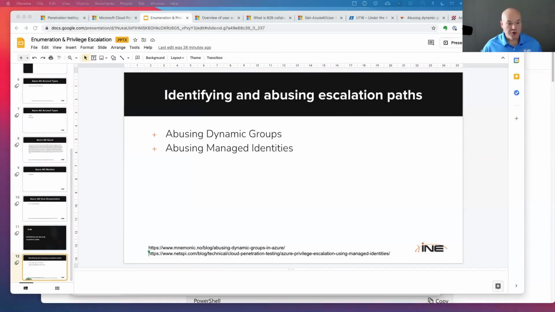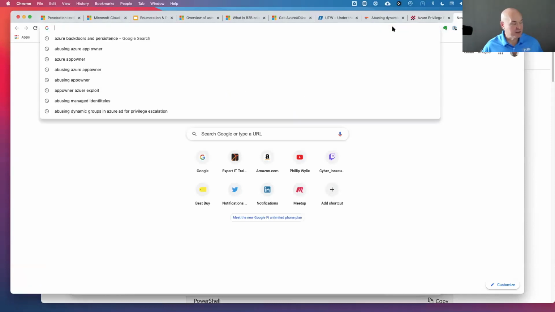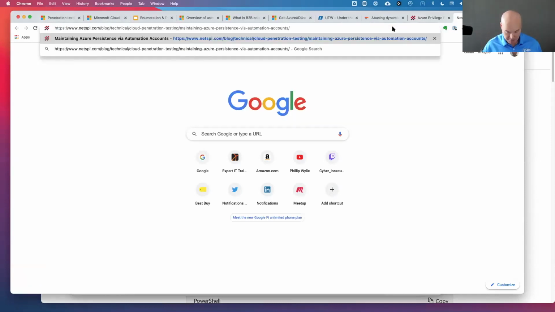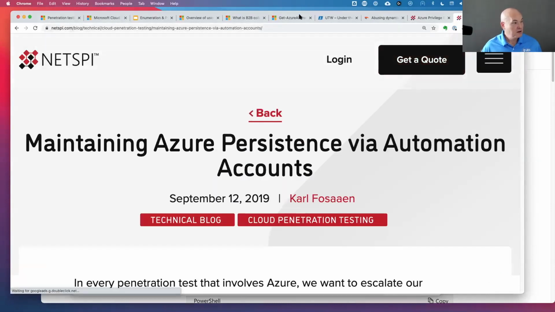So also with your pen test too, you're going to want to maintain persistence or have some kind of backdoor to get in if you get caught. And this is more like in an adversary simulation type scenario. But